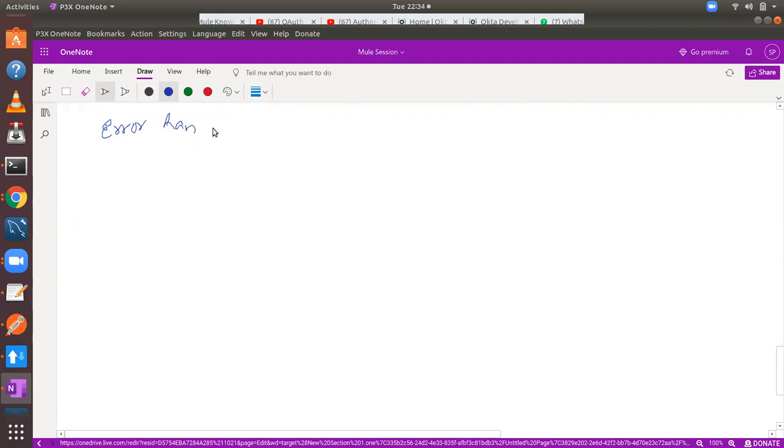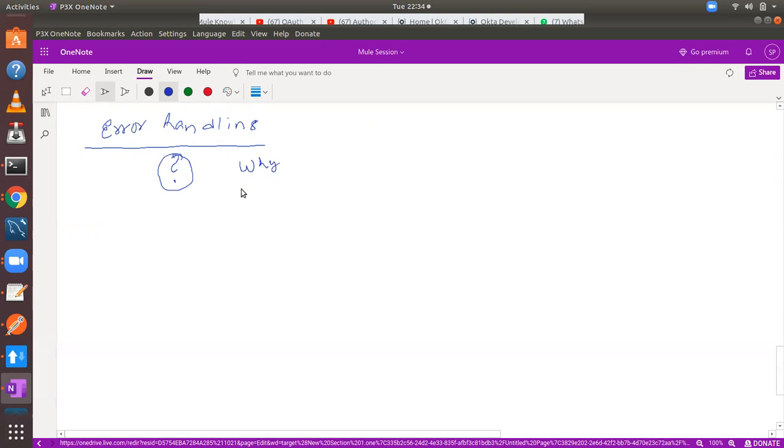Error handling is a very important concept in application integration. As I said, several parties participate in an integration, and if an error occurs, how you manage that error is all about error handling. First we discuss what error handling is and why it is important.